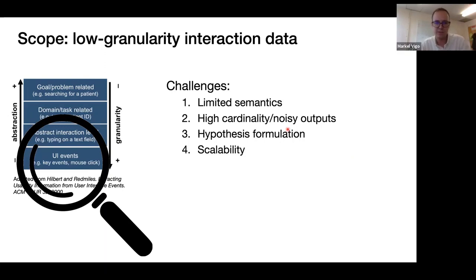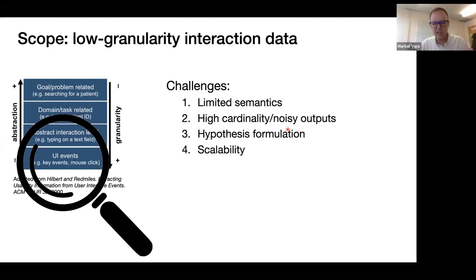If you are following a frequentist approach and you're trying to identify the most frequent patterns, scroll events may determine all the results, right? So you need to do something about it